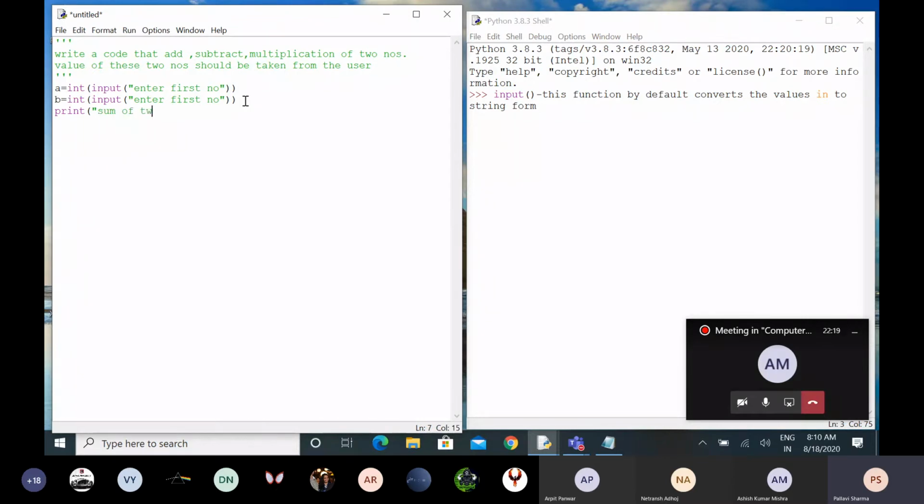Sum of two numbers. Now I am separating the text part from the calculation. In this way we can do the calculation also. यहाँ पर sum, यहाँ just write multiplication of two numbers.